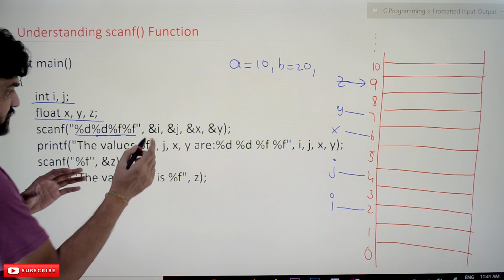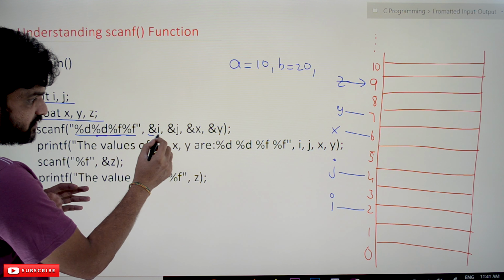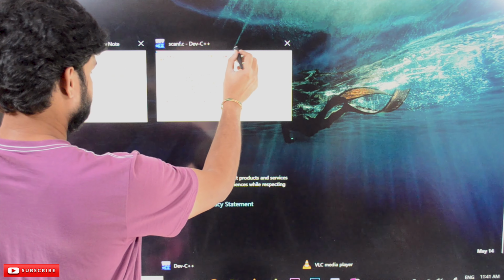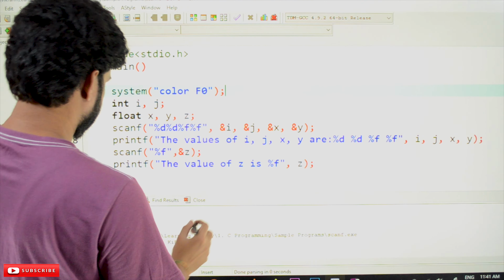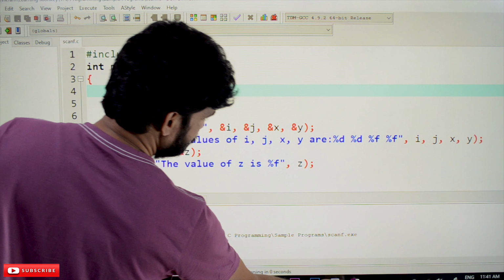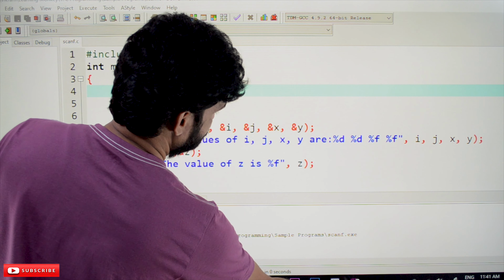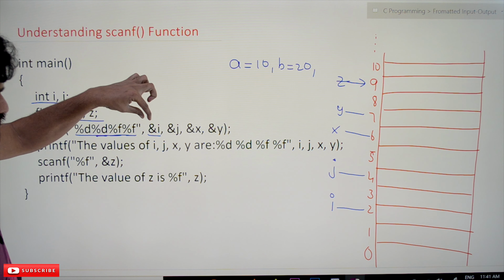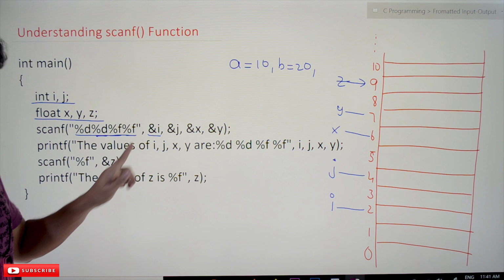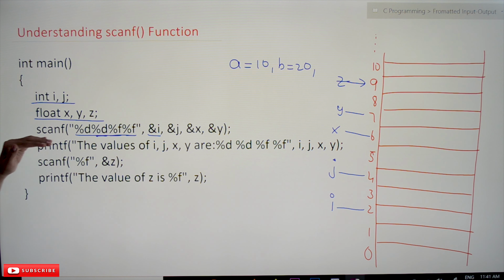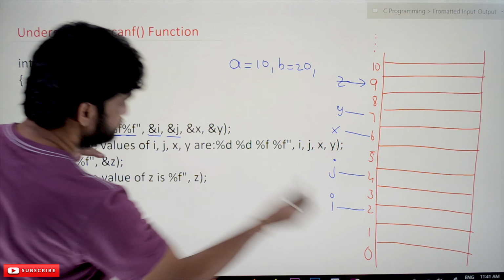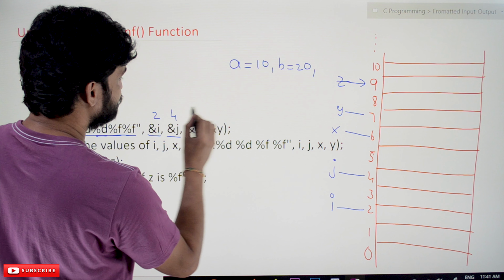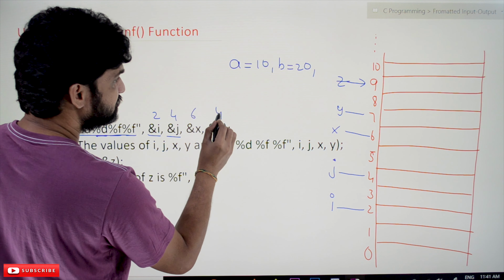One more thing is that these variables are provided with an ampersand. The ampersand symbol is used to get the address of i. So the address of i is 2, the address of j is 4, the address of x is 6 and the address of y is 7.